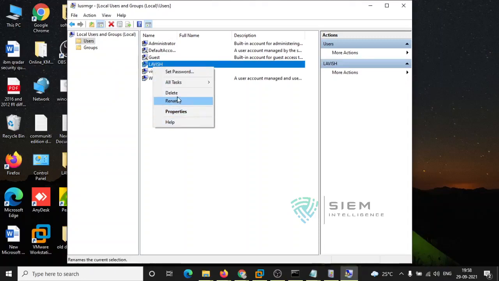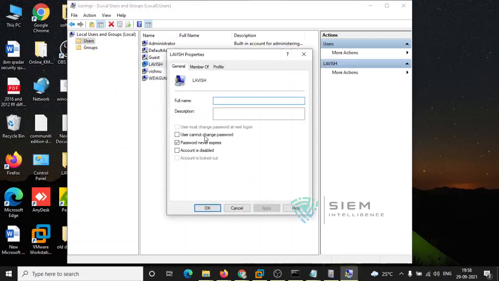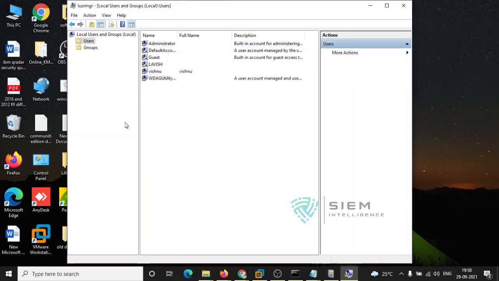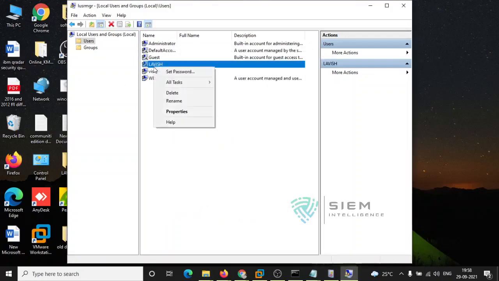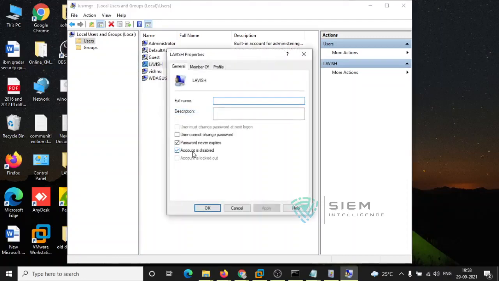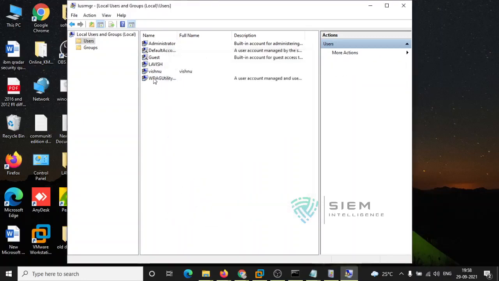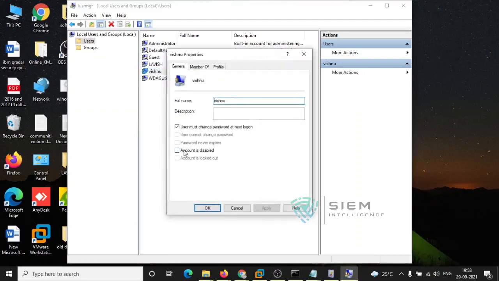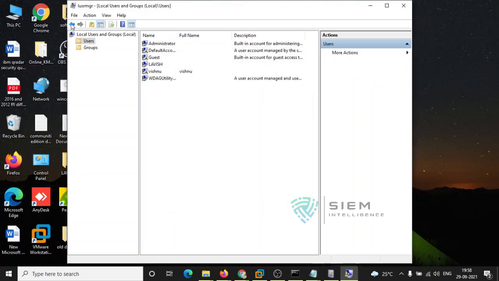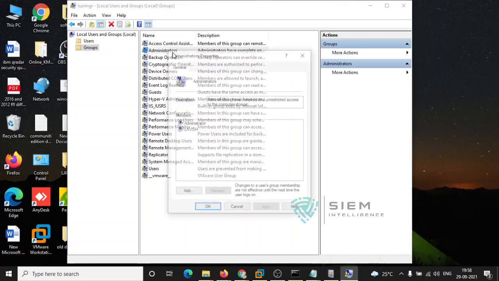I'm doing some activities so that we can make the system understand that some logs are being generated. I'll add it to the administrator group.